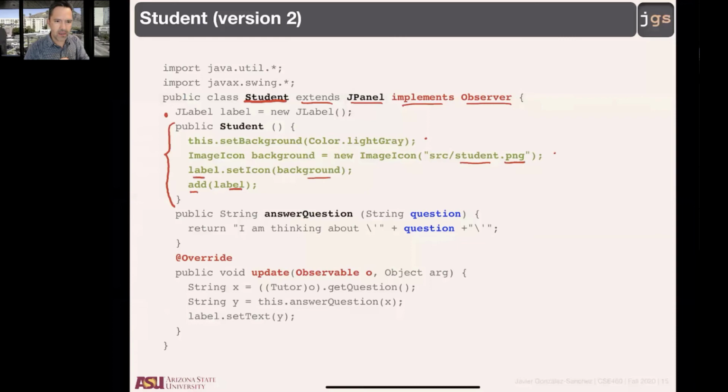Okay, this guy is a panel and it's going to have a label, and the label is going to have something that is a picture, whatever. This and this are the methods that we had before. Answer a question. Remember, in the output, nothing new. And this update